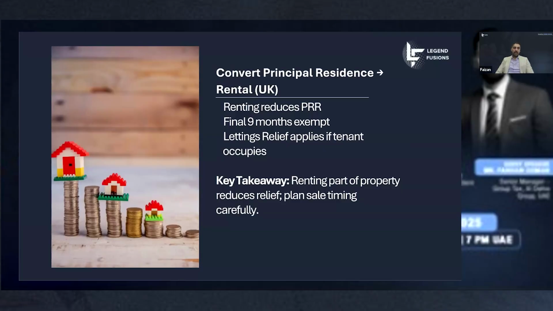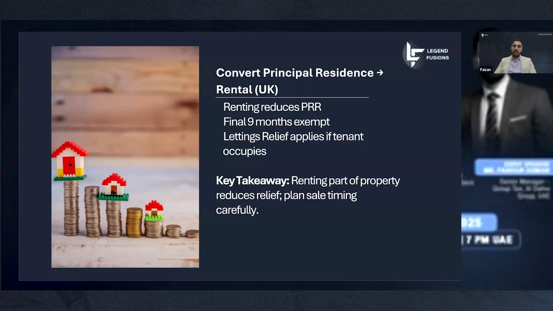In terms of capital gain, the relief is available, but the relief is limited to the period this was your primary residency. For example, let me put it into perspective. Let's say you have a home for 10 years. For the first 6 years, it was your home where you were living, and it qualified as a primary residency. And then you sell it after renting it out for, let's say, 4 years. So overall, over the 10-year occupancy period, you can claim a relief on a pro rata basis only for the first 6 years,